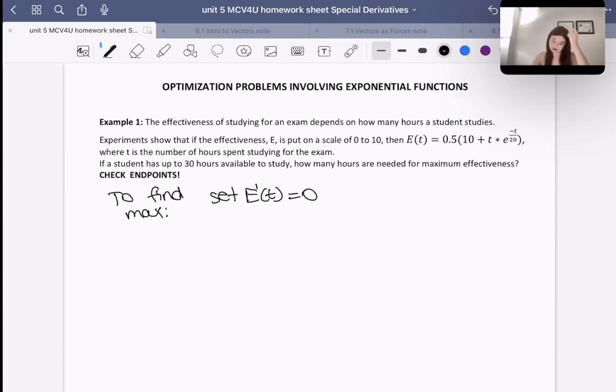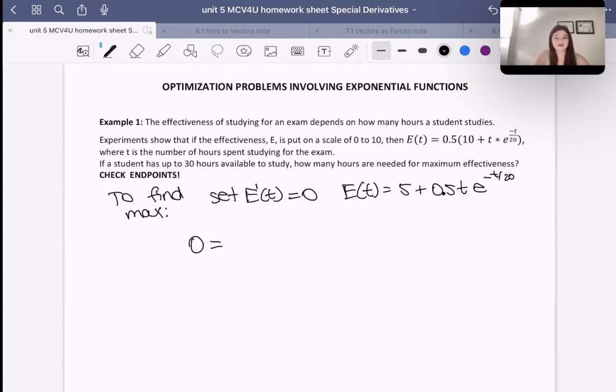The other thing I want to point out here is that this E of t is the same as (5 plus 0.5t) times e to the negative t over 20. If we just expand the bracket, it'll make our lives a little bit easier here, okay? So therefore, 0, which is what we're setting E prime of t to, would be equal to,